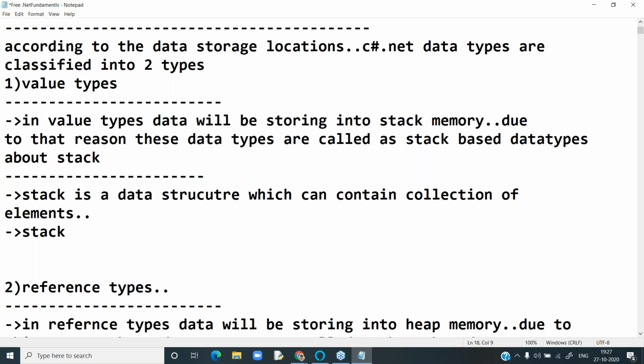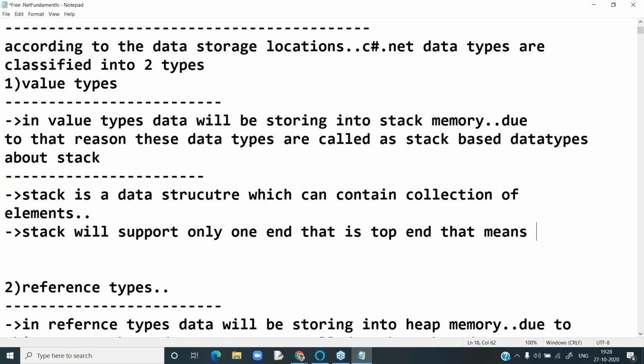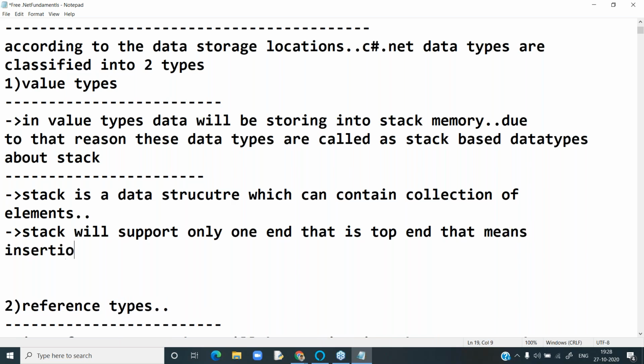Stack will follow an approach called LIFO. That means last in, first out.